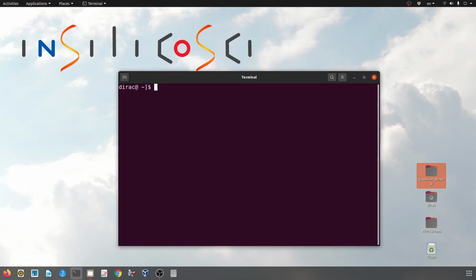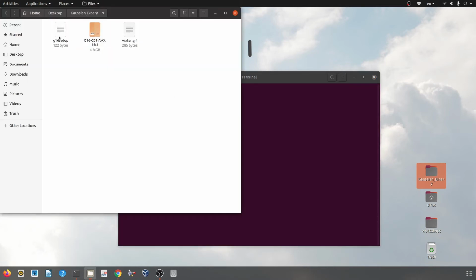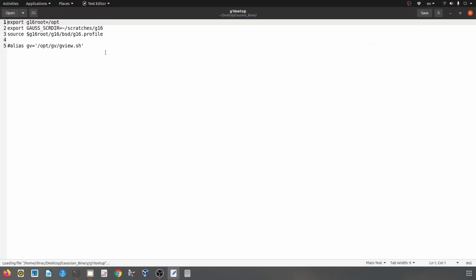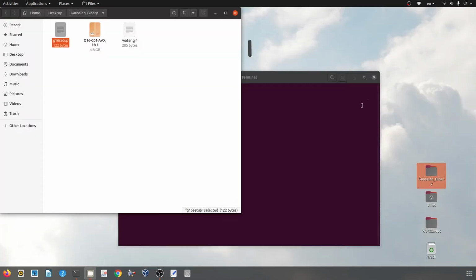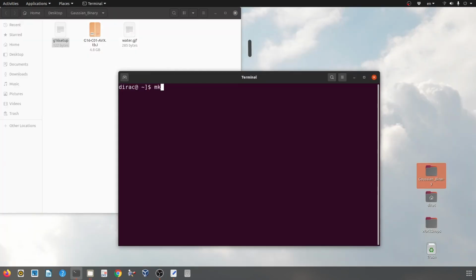And if bash doesn't give you any error, probably everything is okay, and then you just need to create a scratch folder. The name and path of the scratch folder must be exactly the same as what is in the G16 setup file, which is this. So I just copy this part and then create the scratch folder with this command, paste.